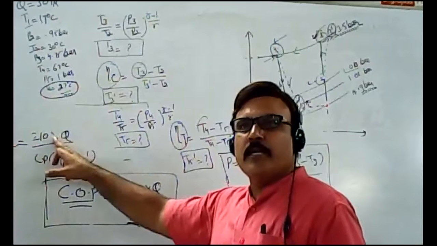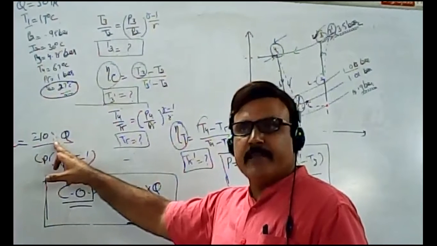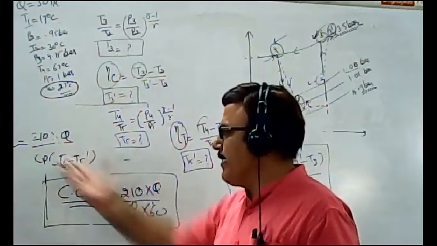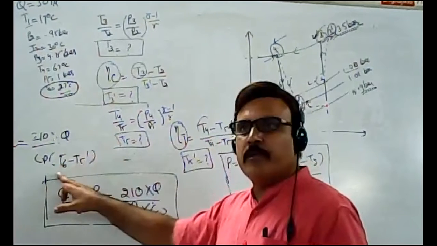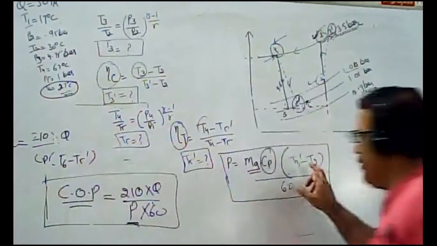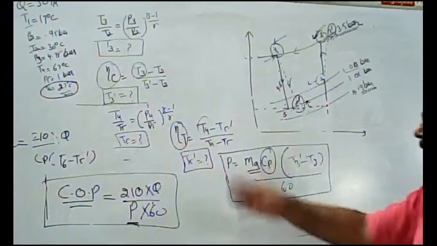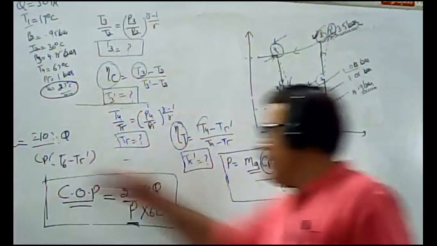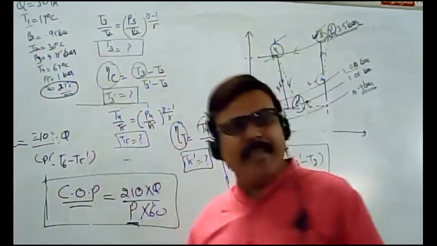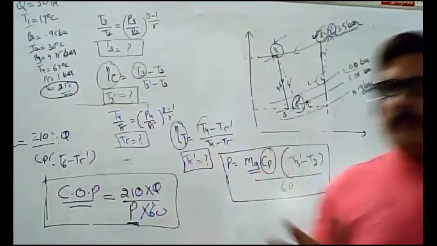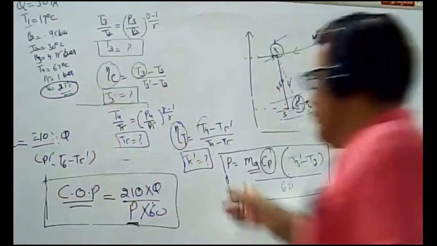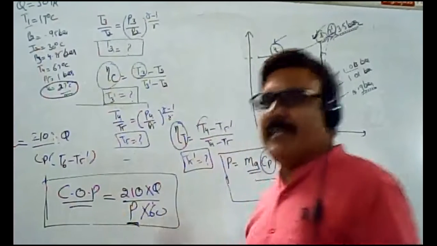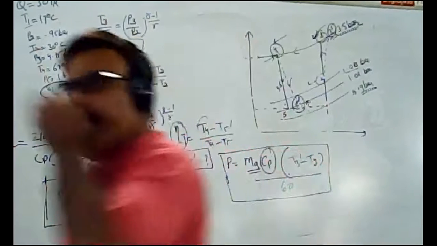Then after this will be the formula. Simply you have to put these temperature values in this formula and Q. What is Q? It is the tonnage capacity. Okay, and the remaining is the same. By putting these temperature values into this formula, you will be able to calculate the mass of air, power, and COP. Any type of question that comes, first you have to calculate all the temperatures, and by putting those values in this formula, you will get the answer. Okay.